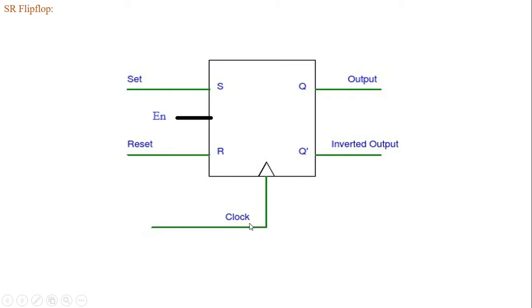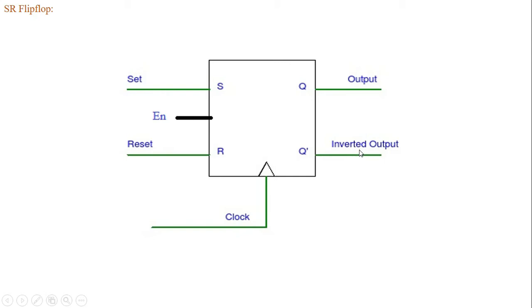With respect to the clock, either positive edge or negative edge, we can obtain the output waveform with respect to the input values. We have mainly two outputs. One is the main output, represented by the variable Q, and the other is the inverted output of Q, that is Q bar. Whenever Q is 0, Q bar will be the complement, which is 1. If Q is 1, Q bar will be 0. They are always complements of each other; we never obtain both equal.